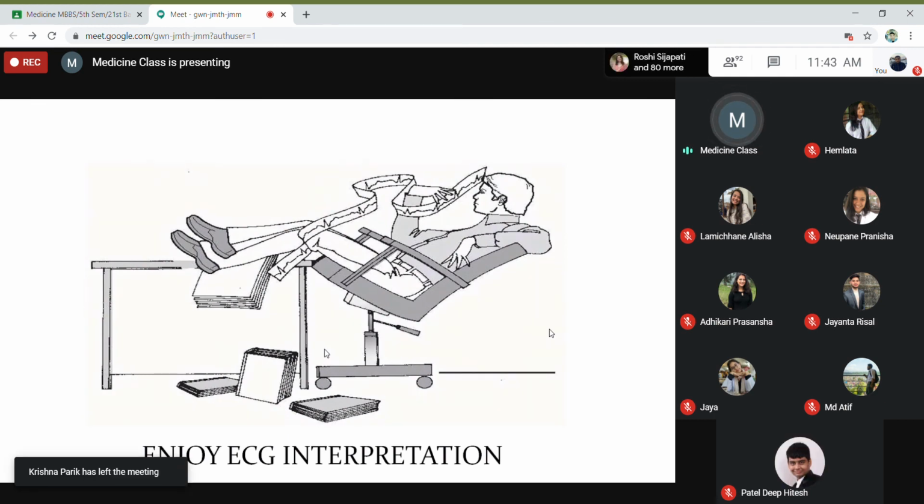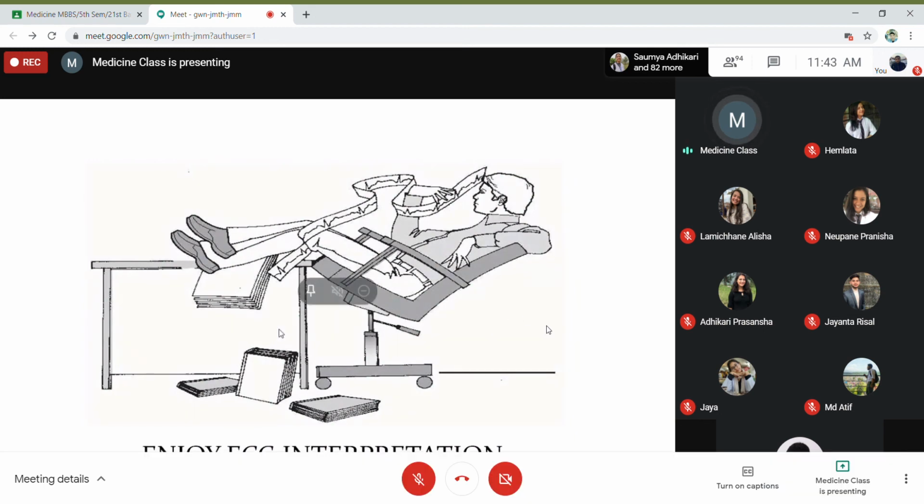And if an ECG is being interpreted by two orthopedic surgeons, then we call that a double-blind study,